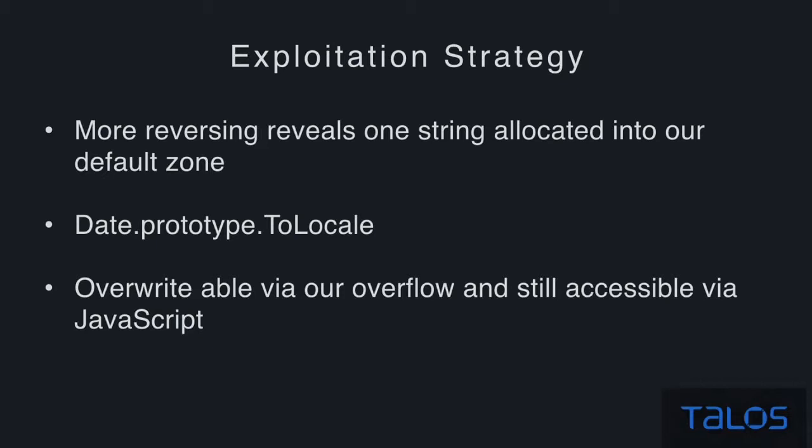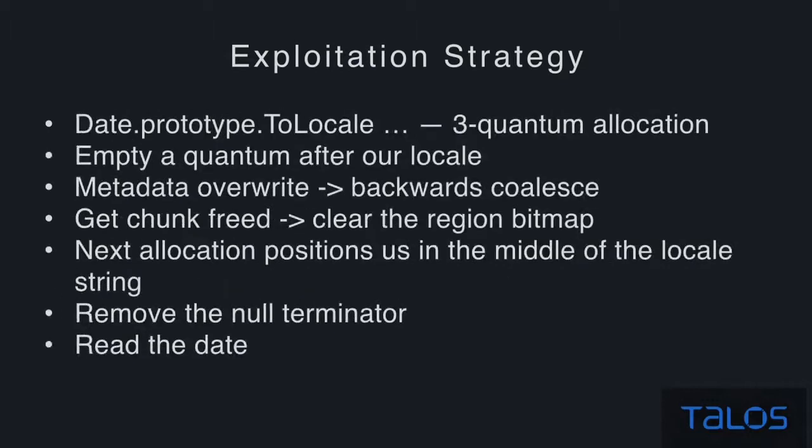What happens is they allocate date.prototype.toLocale. It sits there for a couple of seconds, and then it gets copied over into JavaScript space, from default user space into JavaScript space. In that tiny window, we have to overwrite the null byte, so that when JavaScript tries to read this back, we have our information leak. This is extremely unreliable, extremely difficult, and extremely hard to find, but it works. So it's a 3 quantum allocation, and we do our metadata overwrite to do a backwards coalesce